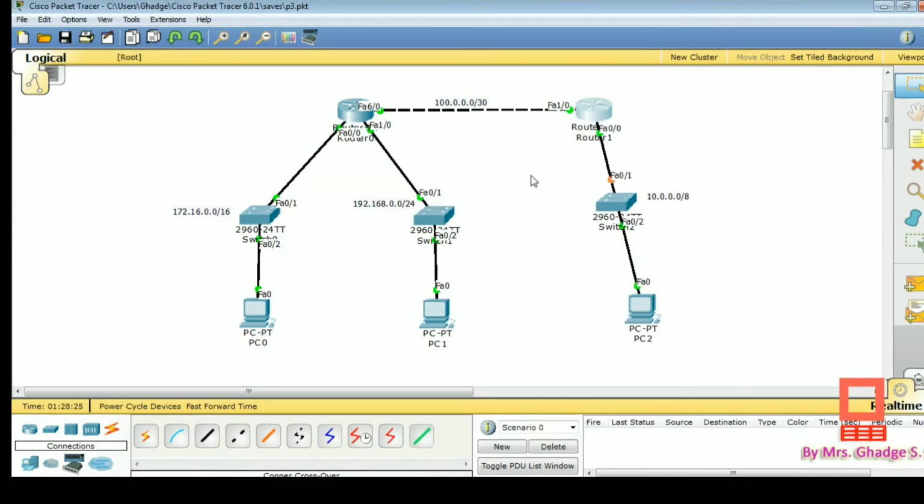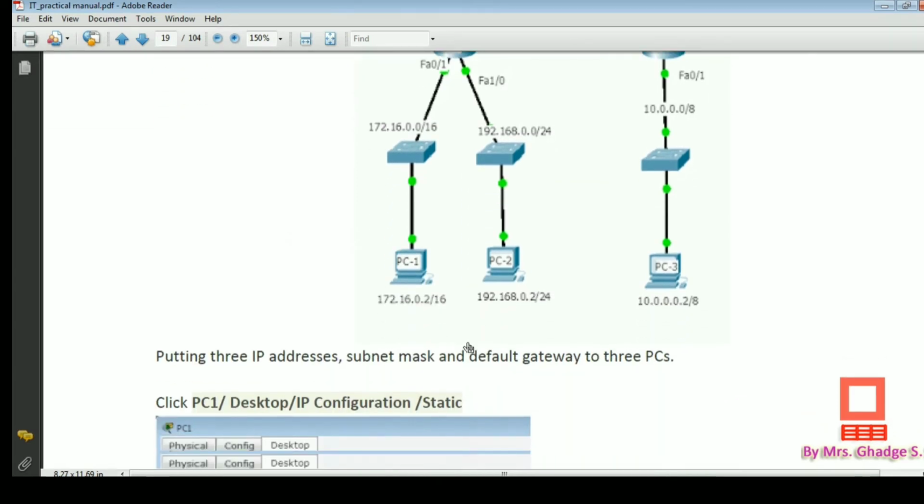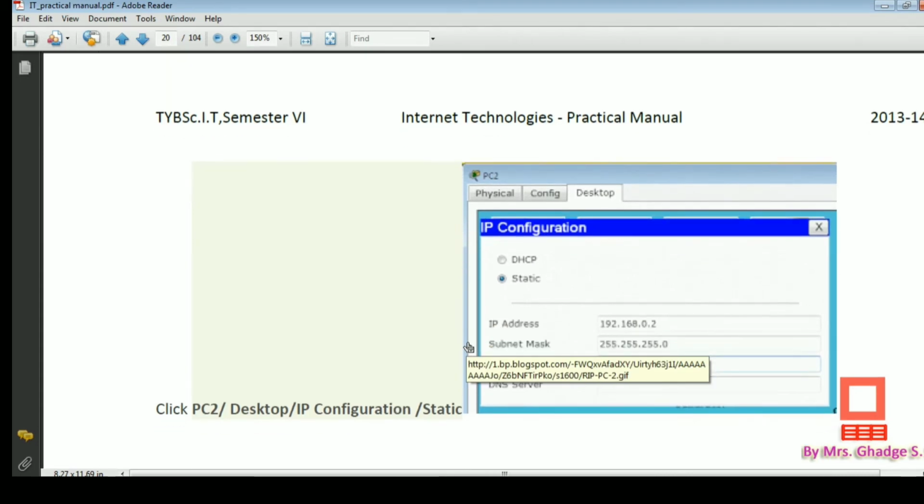Okay, so you can see now our network is fully configured, but we have not yet configured any static routing. So let us check how our network works. For that, suppose we are going to run a ping command.